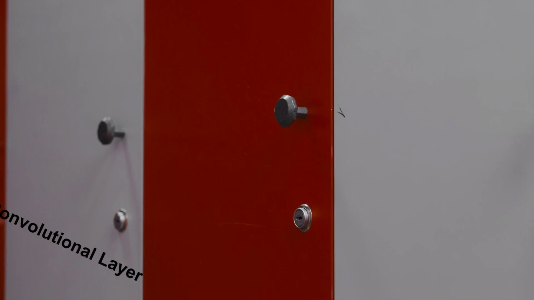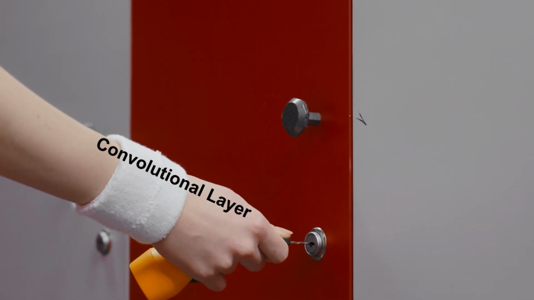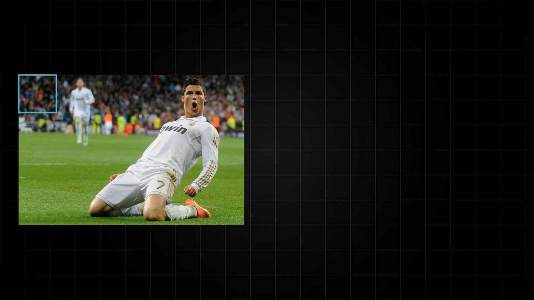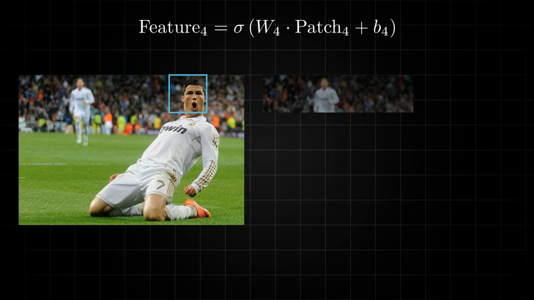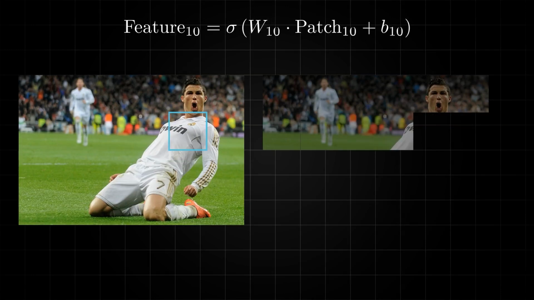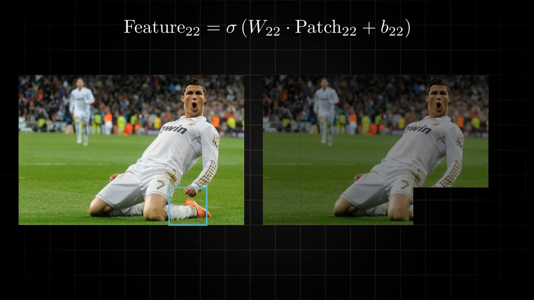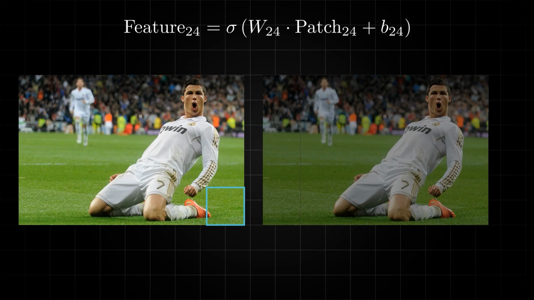The key behind a CNN is the convolutional layer. But what exactly is convolution? Put simply, convolution is a mathematical process where a small matrix called a filter slides over an image, looking at one patch of the image at a time. The filter is multiplied with the pixel values of the patch and then summed up to produce a single number. This value becomes a pixel in a special image called a feature map, where certain features like edges or textures